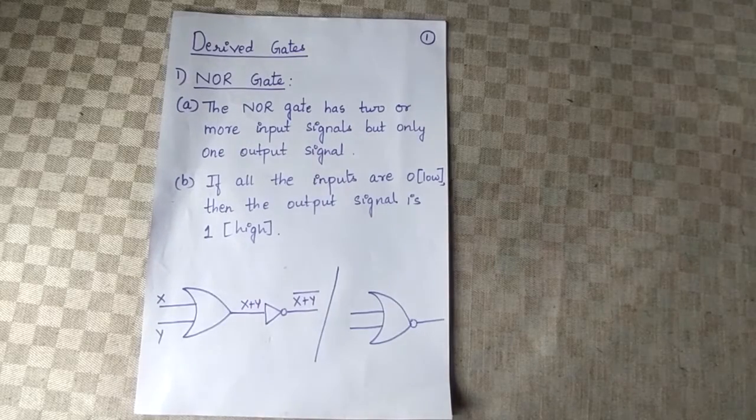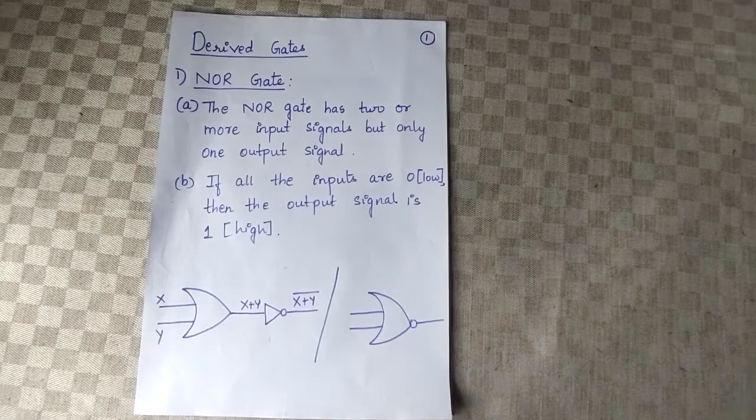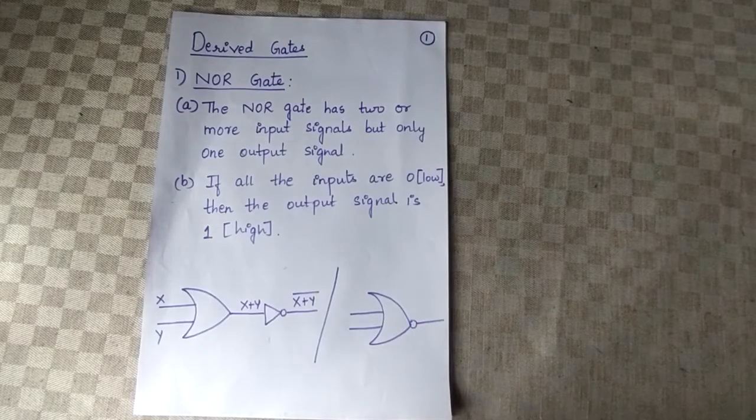Then under logic gates we had seen classification, that is basic gates and derived gates. Under basic gates again we have classification: AND, OR and NOT gate. And under derived gates we had four types: NOR, NAND, exclusive OR and exclusive NOR gate. In the previous video class we had seen in detail four basic gates, how they work, what are their logical symbol and the truth table associated. In today's video class, we'll see different derived gates and how is the working of these derived gates.